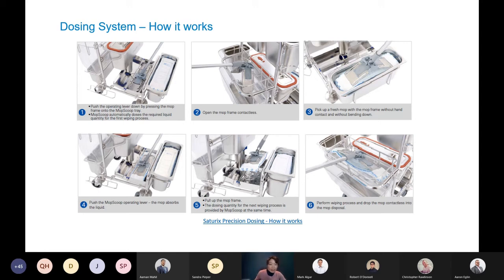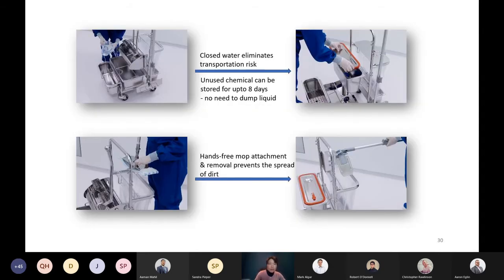So I think the video is pretty self-explanatory. I'm not going to go through that again. I just want to hit some highlights of our system. This is a comparison between our system, the Saturix system, and the existing system. First of all,